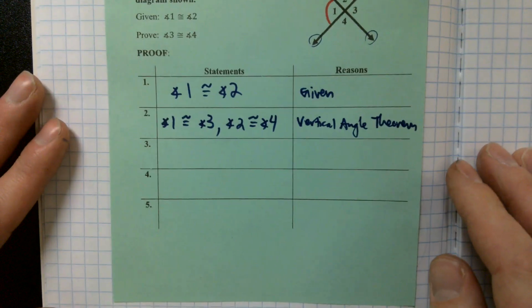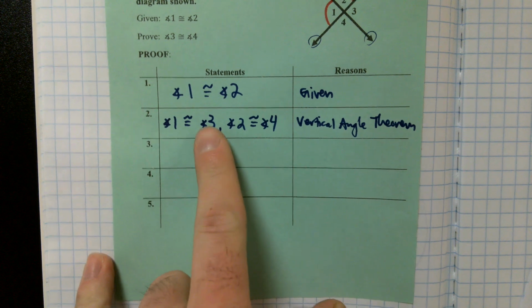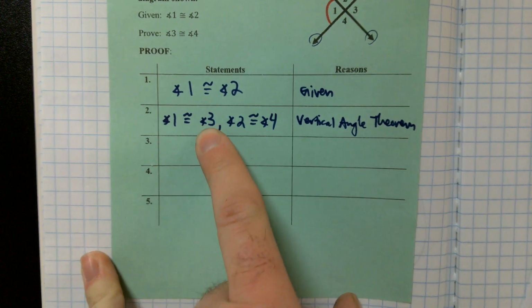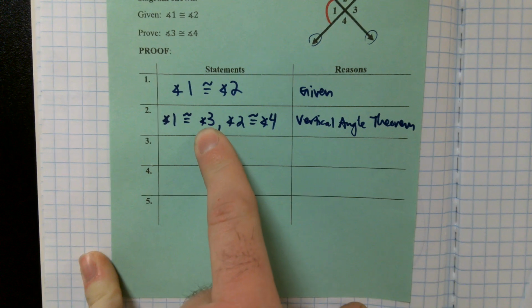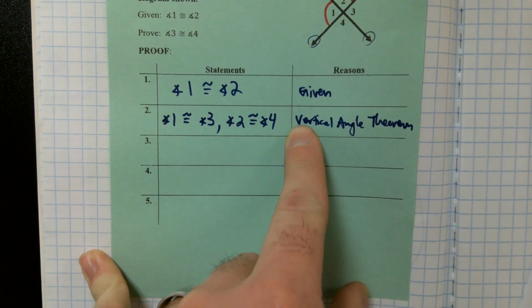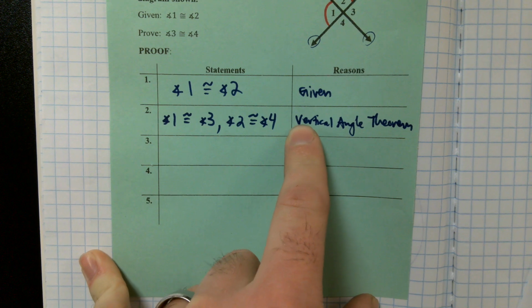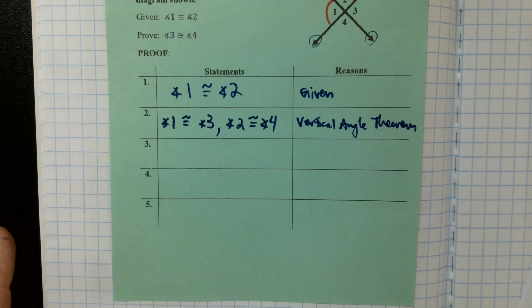It's like when you're writing an essay, you've got evidence and you've got analysis. My analysis is the statements. It's what I'm saying is true to get me to my ultimate end goal of proving what it's asking me to prove. The evidence is the quotes that I pull from the book, the website that I have in my works cited page. That's what the reasons are over here. Okay?